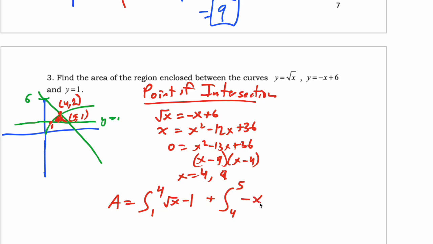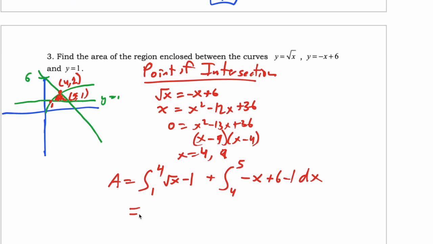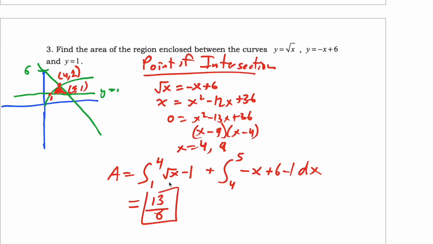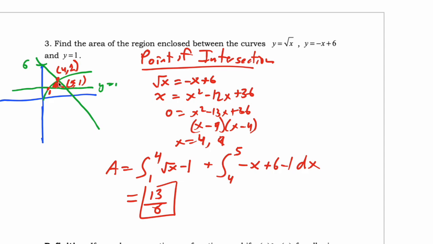So this is, oops, is that right? Oh, yes, that's right. So that's negative x plus 6 minus 1, because y equals 1 is the bottom function. Okay, and if you go through all the algebra, or if you use your calculator, you'll get 13 out of 6 for that. Okay? But it's easier if you think about it with respect to y, then